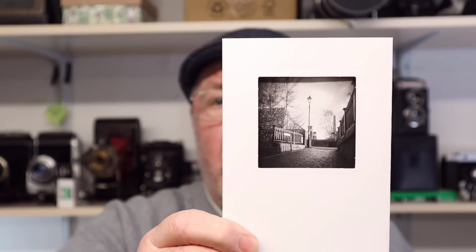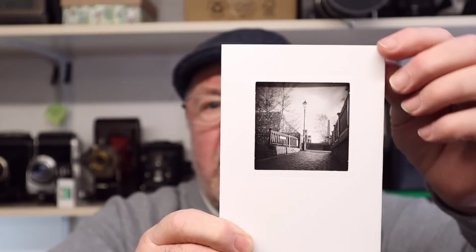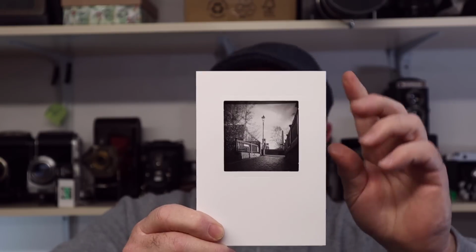And I took all the pictures with the Holga, and I ended up with pictures like this. Just small pictures printed, fitted into that opening, and I think they look really, really well. Now I haven't